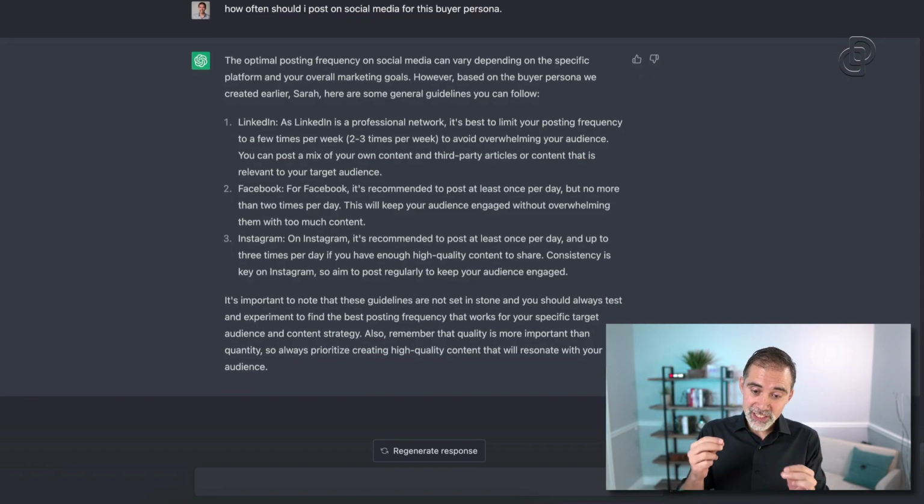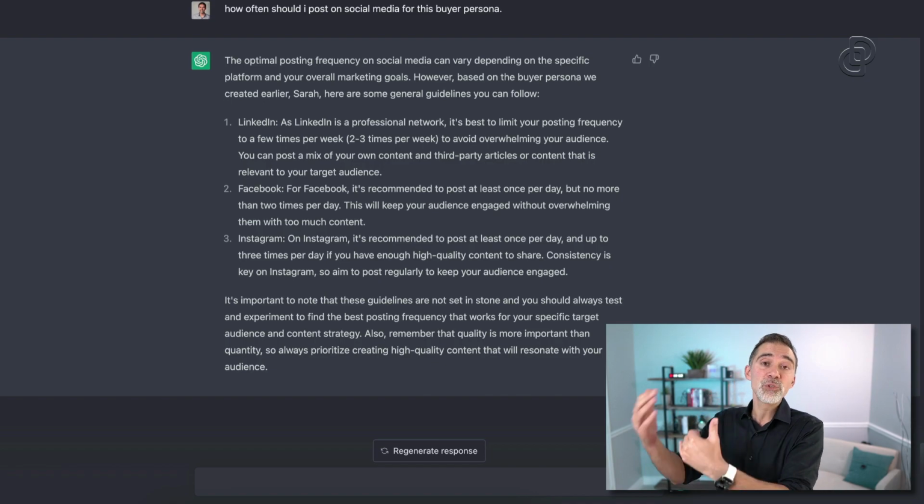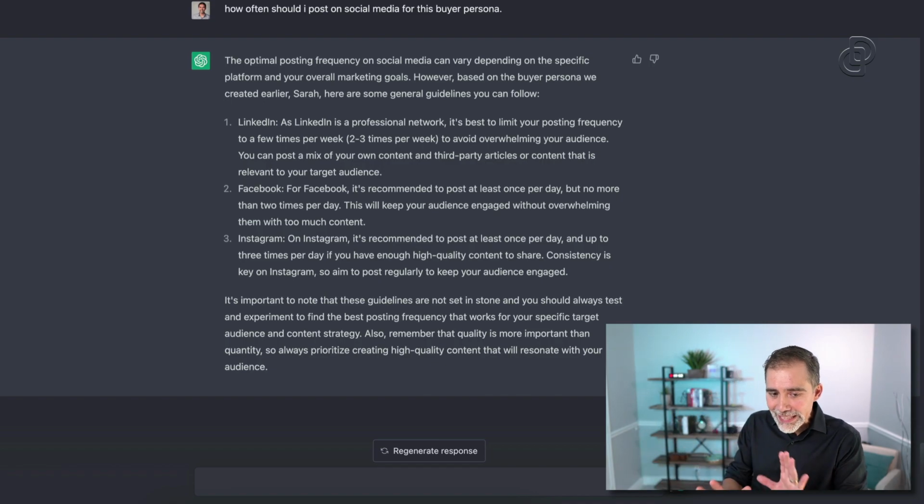Consistency on Instagram is the key. So that's fantastic. So we are going for Instagram. It's recommending daily or up to 3 times a day. So let's go with daily. So we defined now the platform, Instagram, excellent. We defined how often we need to post, and we are posting daily. And also now we are ready to generate content